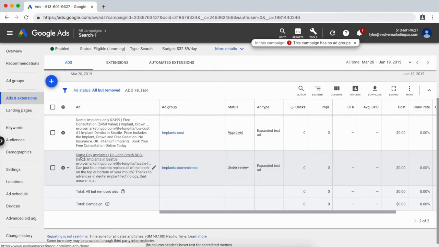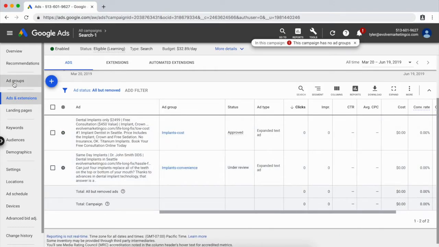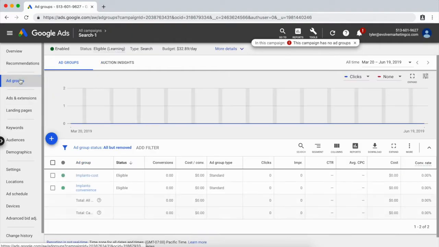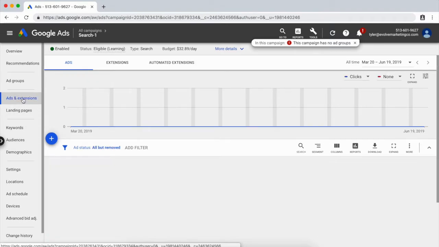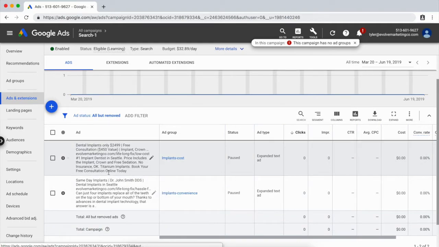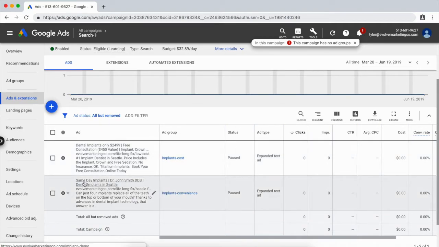So just a refresher of what we've done so far, right now we've created one campaign titled Search-1, and search just means it's a search ad, or it's going to display on the search network. And then the 1 is just our first ad. And then we've created 2 ad groups within that campaign titled Implants Cost and Implants Convenience. And then we have 1 ad for each ad group, each targeting multiple keywords relating to the ad group they